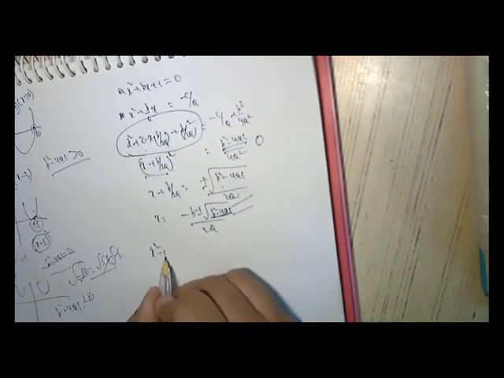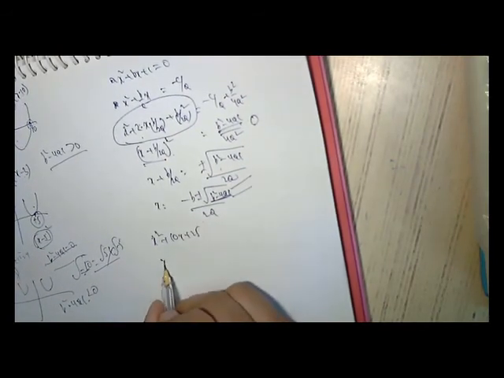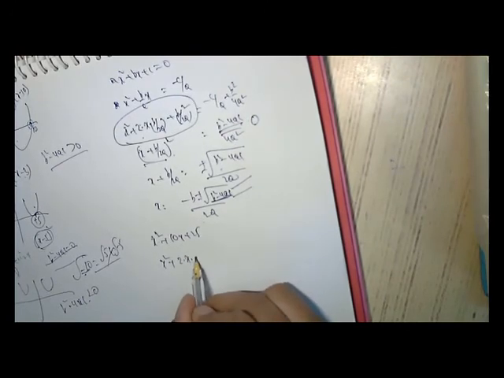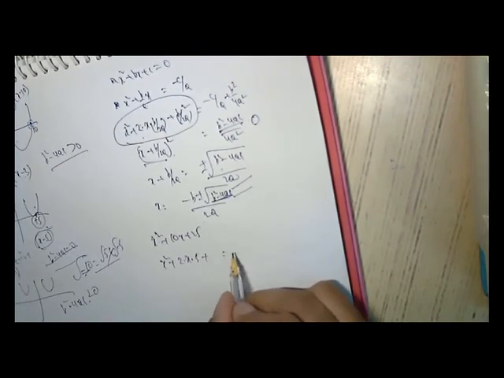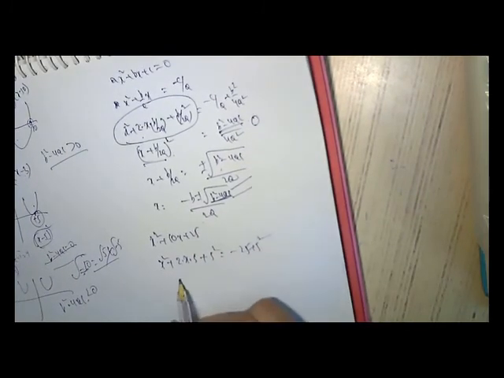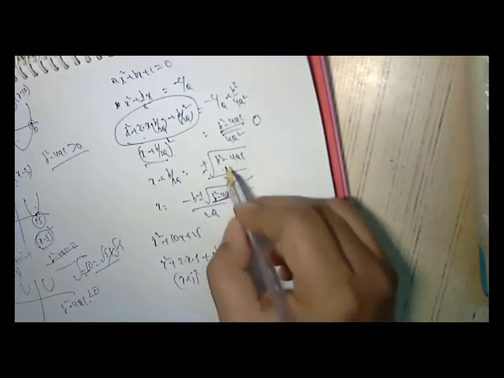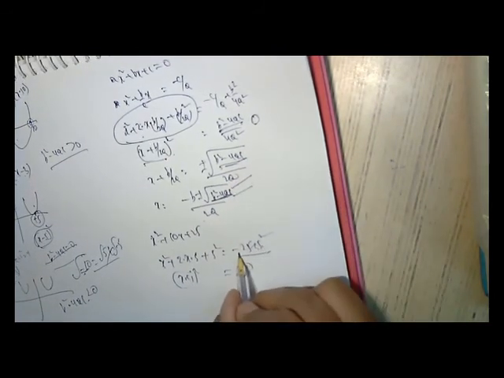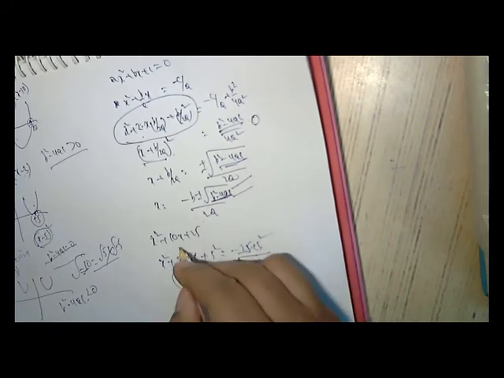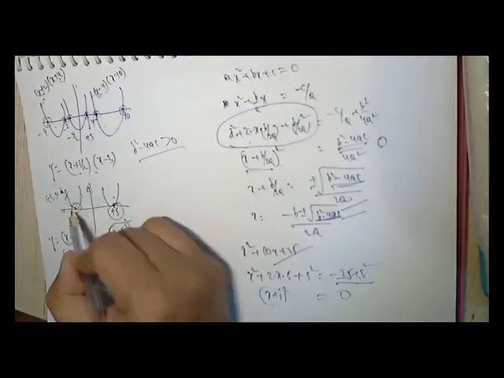Suppose I say x square plus 10x plus 25. Let us see here. I am taking x square plus 2 into x into 5, plus 5 square, equal to minus 25 plus 5 square. So here is (x plus 5) whole square and it is 0. So that means b square minus 4ac will be 0. It is a perfect square. Then only we have one root. For a perfect square, we have only one root. Okay.